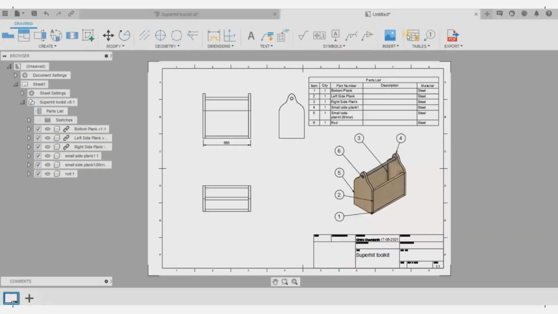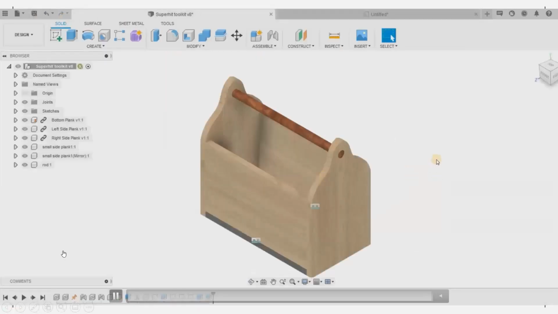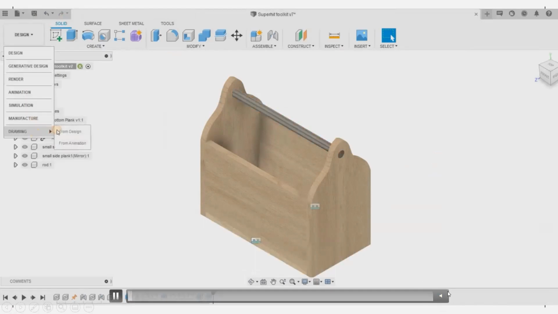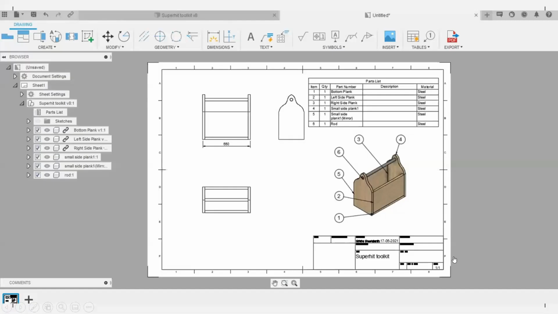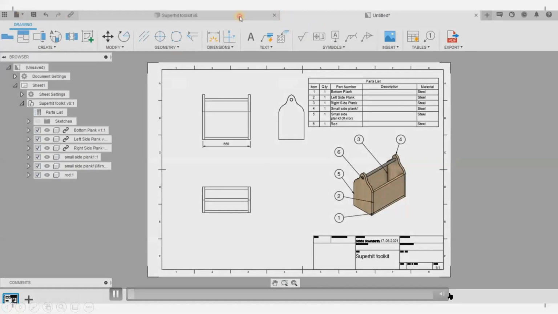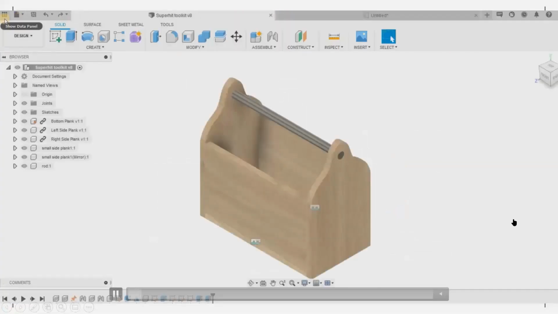So you can see that when I save this file, now you know that the drawing has been created using this file.